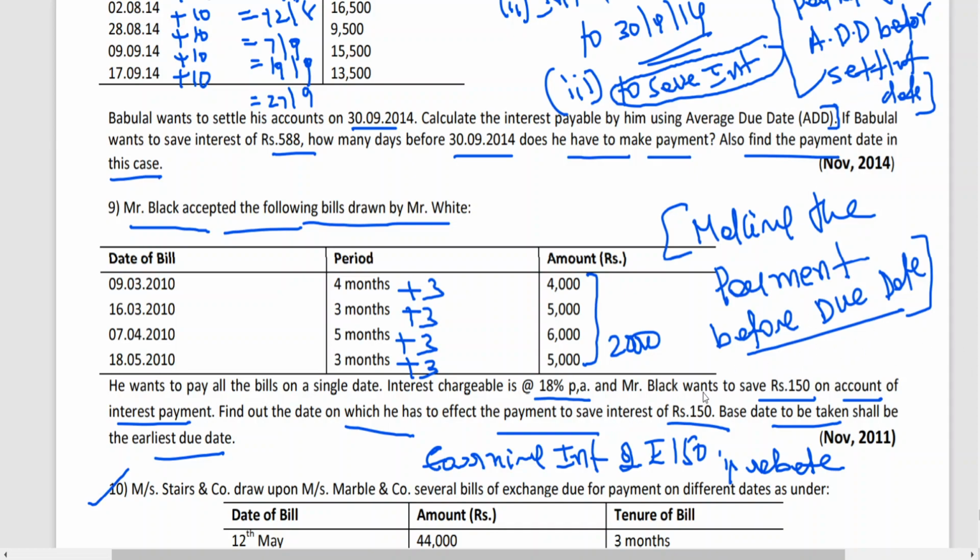How to identify? Because we don't have a date of settlement. These two are IPCC problems, but just practice. It's not that difficult. So with this, I am concluding today's session, and also I have finished off the average due date. In the study material also, you have a few problems you can work out, maybe calculation of days, etc. Be watchful. Otherwise, you can work out this problem without any difficulty.